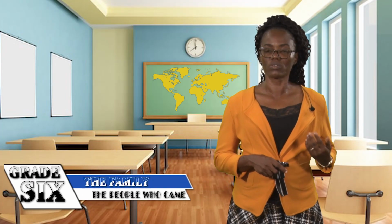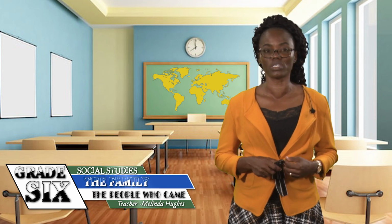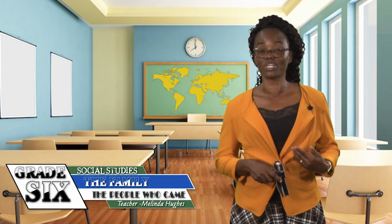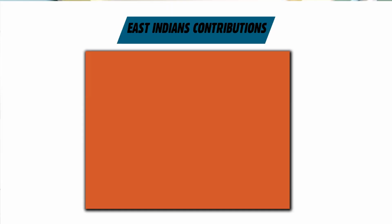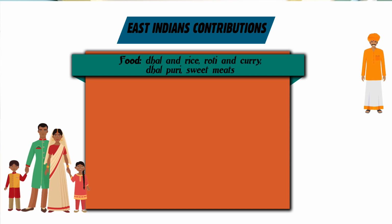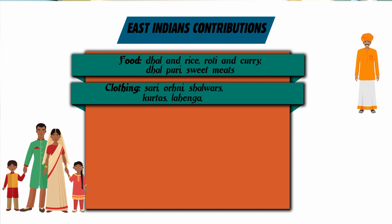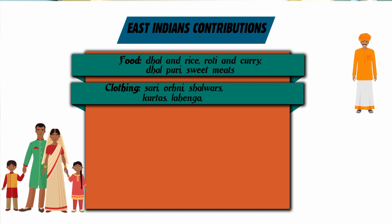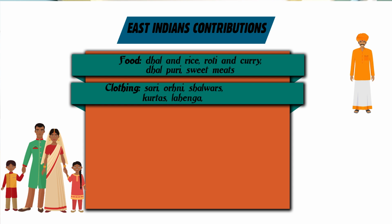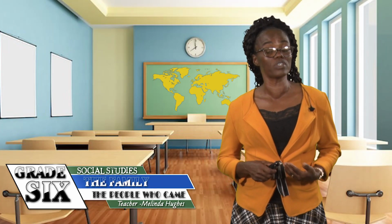Like the other groups that came to Guyana, the East Indians contributed to the Guyanese society. Yes, they contributed food, and some of those are dal and rice, roti and curry, dal puri, and sweetmeats. Sweetmeats like mitai and pulaury and jalebi. They also contributed clothing like sari and orni and shalwars and kurtas that East Indians wear to special functions that